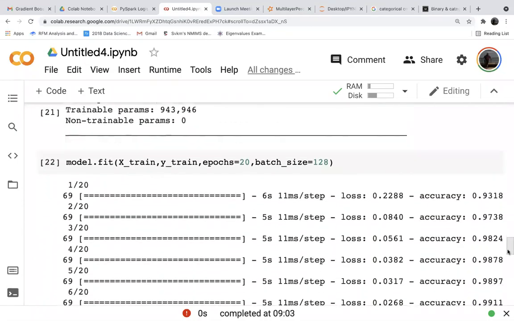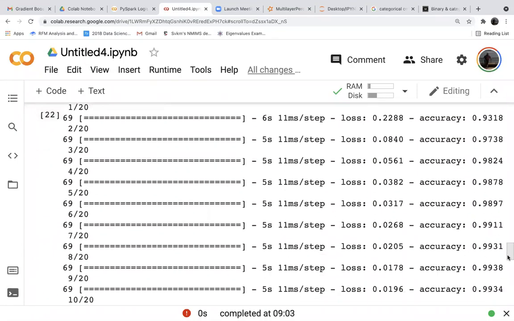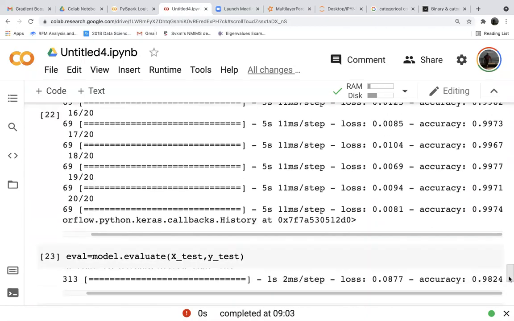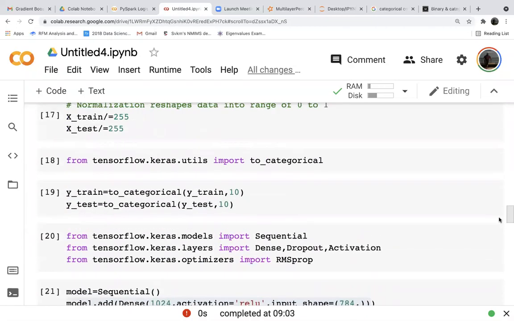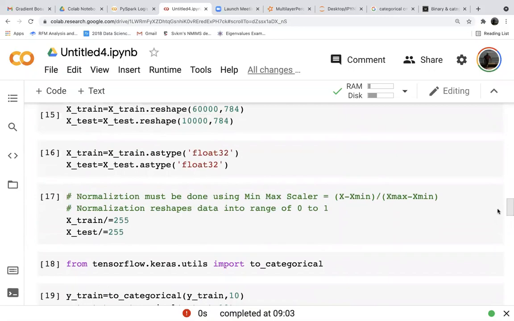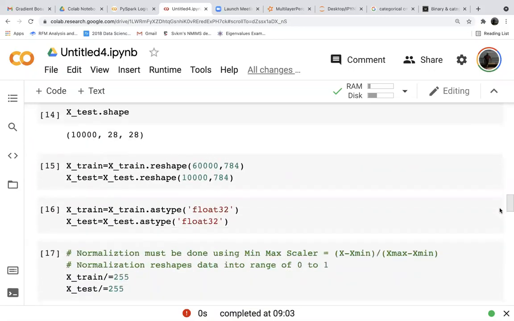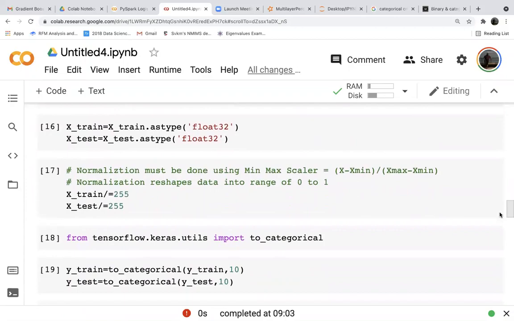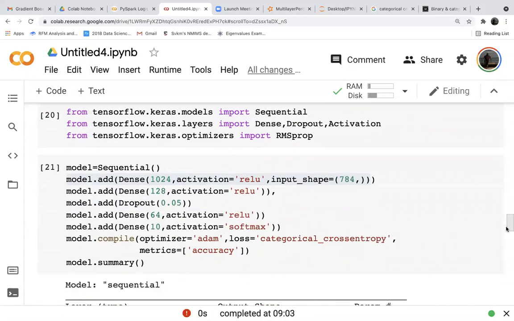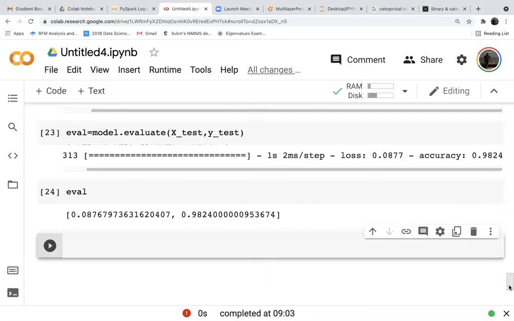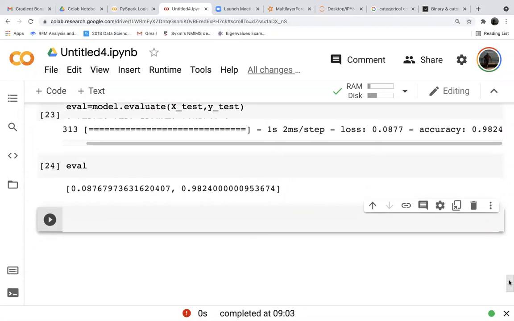Yes, sir. Epochs 20, batch size 128. So then any problem in these commands? Did you make any mistake, a small letter x somewhere? Just check your reshape command and normalization command. By mistake, you may have given a small letter or capital letter x. So check, sir. Okay.